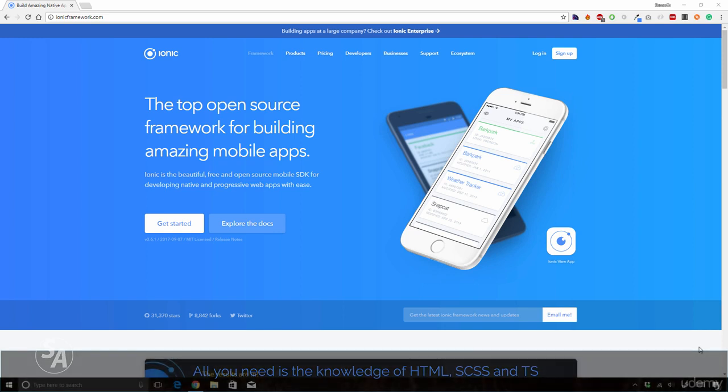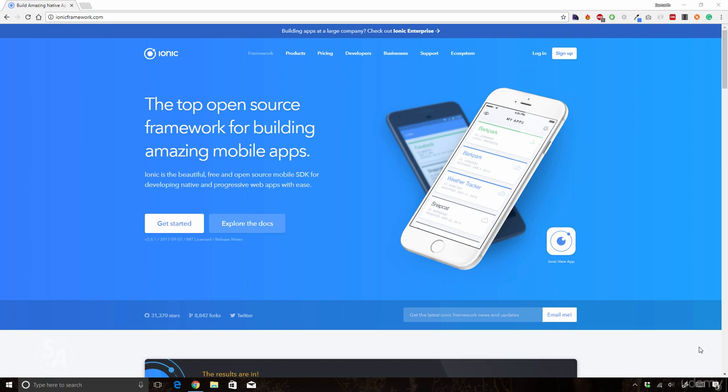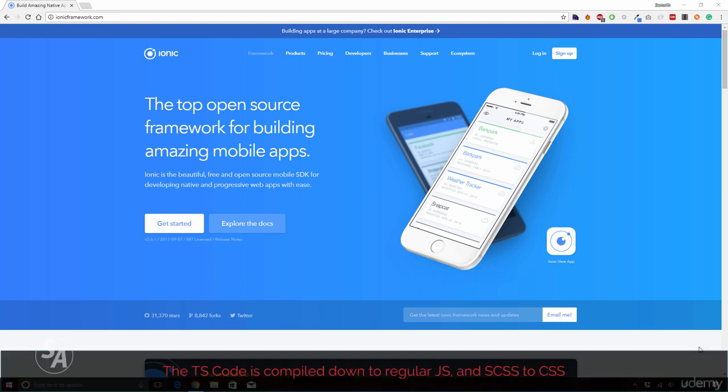Since the latest version of Ionic, which is Ionic 3 as of now, uses Angular, we will have to use TypeScript to write all the code for our applications. TypeScript is a superset language for JavaScript, but current browsers do not understand TypeScript. So all the TypeScript code that we write in our application is compiled down to vanilla JavaScript code that our